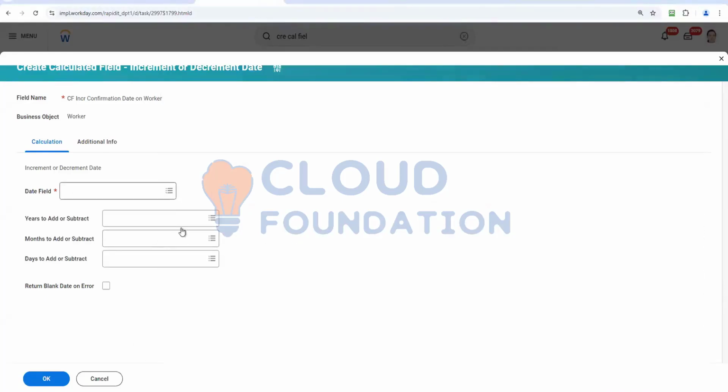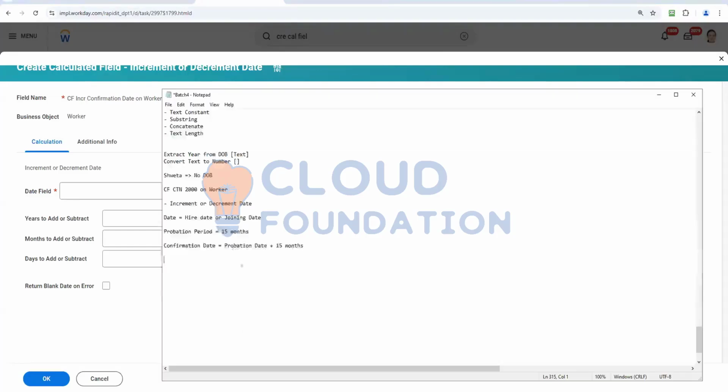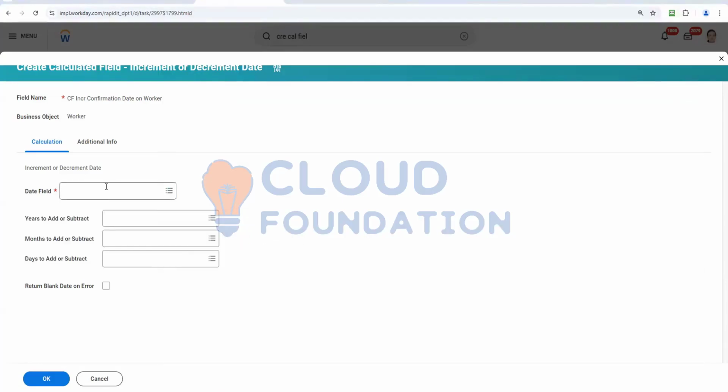So the calculated field has been created. Now here in this date field, you have to give the date on which you want to do the calculation. Okay, so I want to do the calculation with this requirement. The requirement is I have to calculate the confirmation date using hire date. So if I add 15 months to hire date, I'll get the confirmation date. Okay. So here